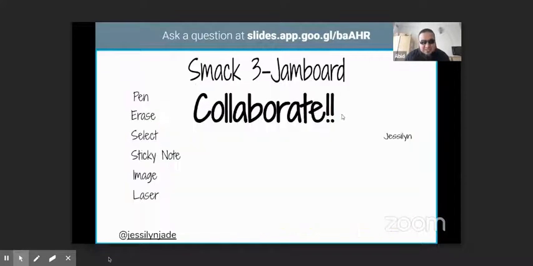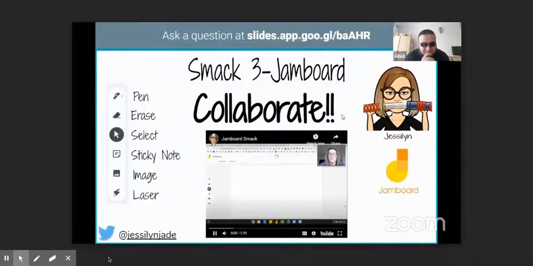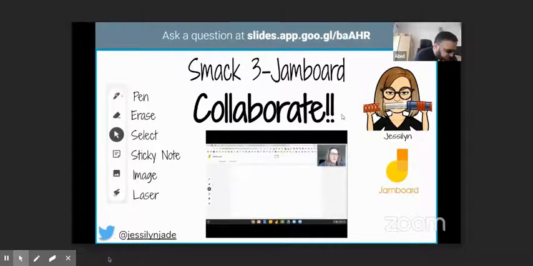Next up is Jesselyn. One of my most favorite tools for collaboration is Google Jamboard. So basically what it is a collaborative whiteboard. You've got a pen tool, you can erase, you've got a sticky note tool, and you've got an add image tool, as well as a laser pointer. So one of the coolest things that you can do here, if you're having students collaborate,